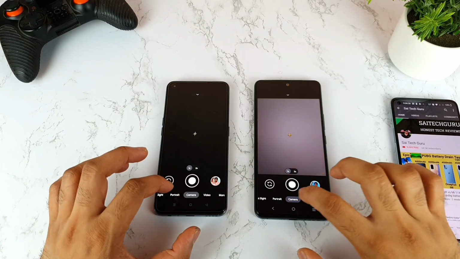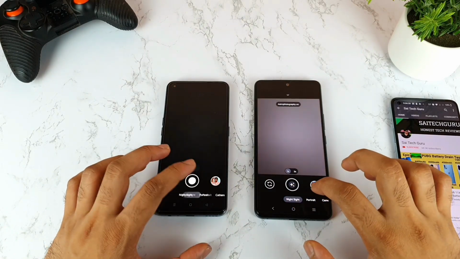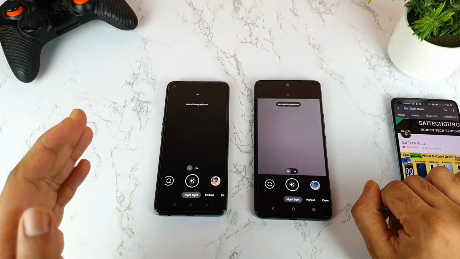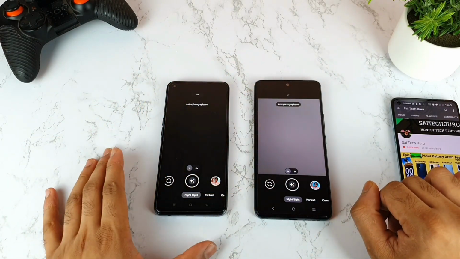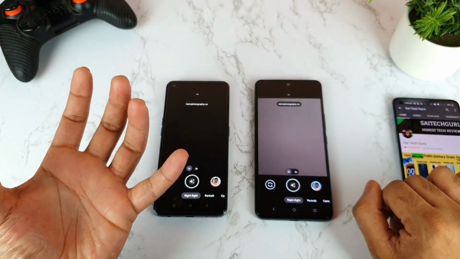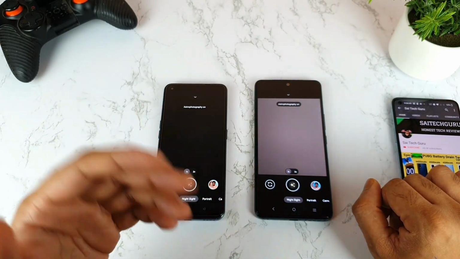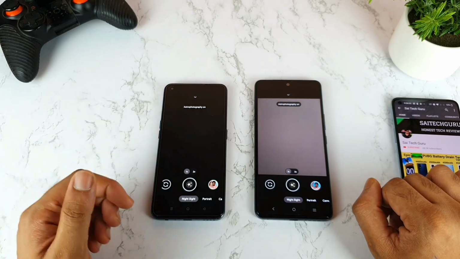So now I will try to take the night mode shot. Till now I only showed you the outdoor shots. I did not try to take a night mode shot. I wanted to take the night mode shot exactly in the studio lighting environment in front of the live camera, friends. So that is what I'll be trying to do, just to show you which phone has the better night mode visibility. That is what I'm trying to do right now.